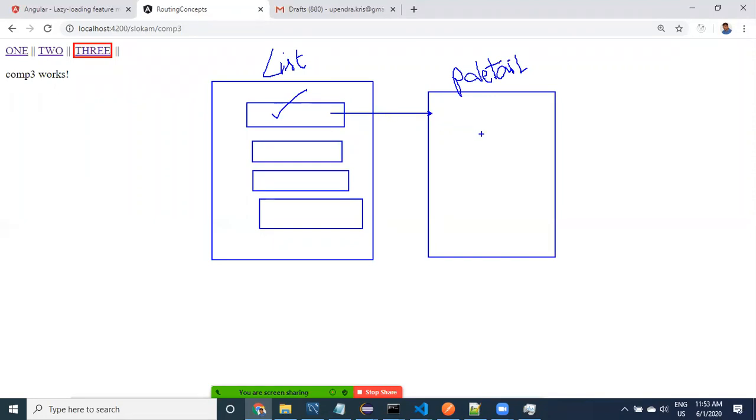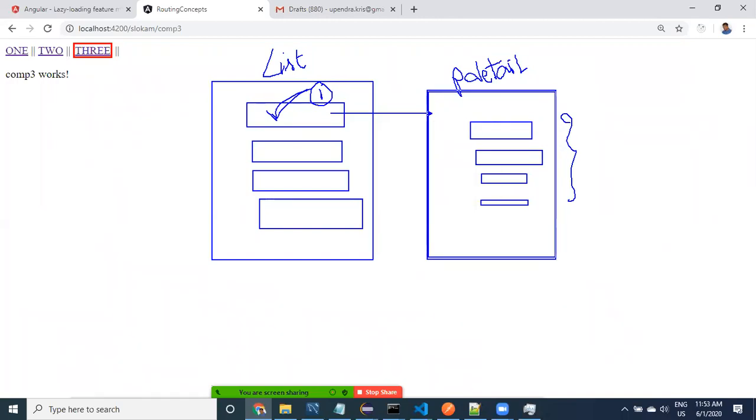When it is going to product details, it has to display one product's information. So which product does it have to display? While clicking, it can forward one ID, so that the product ID comes here and the product details can be displayed over here.